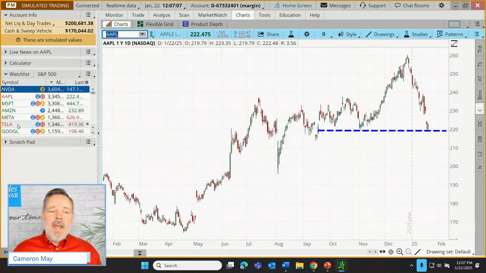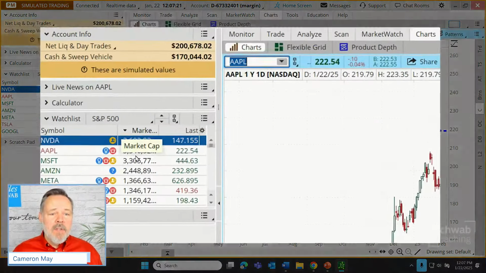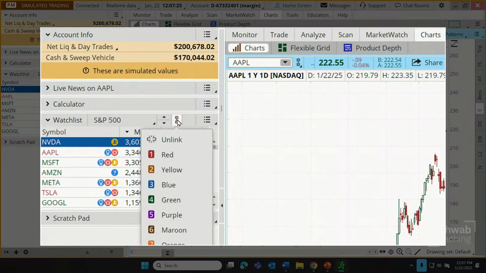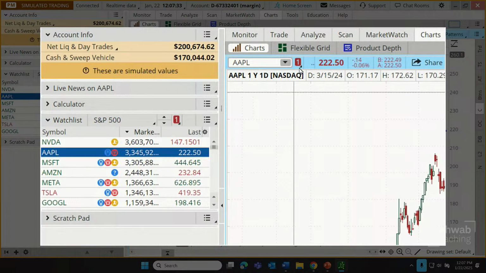So how might we speed that up? Well, there's a linking functionality within Thinkorswim, and you can find that just to the right of symbols. Now, anytime you see this link, it means this function can be linked to some other function in Thinkorswim. So I'm going to click on this little link and choose a number here. 1 through 9, doesn't matter which, as long as wherever we're linking to is the same color.